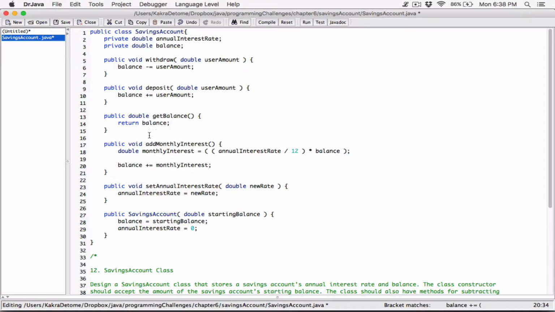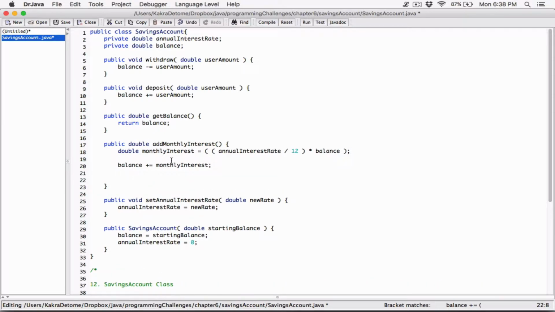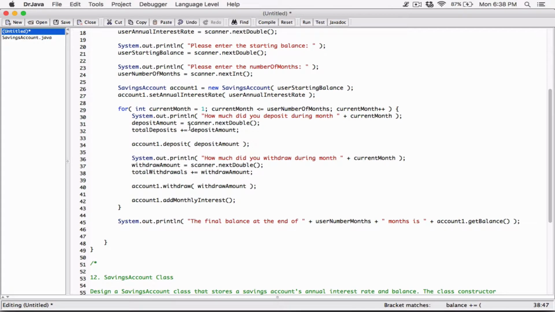Let's design this method in such a way that it returns the monthly interest, right? So the monthly interest we want as a double. So let's change the return type of this to a double. And then once we add the monthly interest to the balance, let's go ahead and return the monthly interest. By doing this, now in the main program, anytime we call the